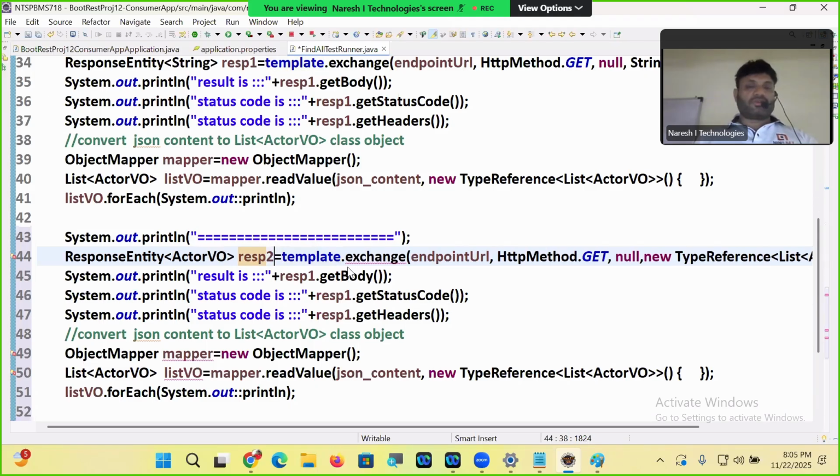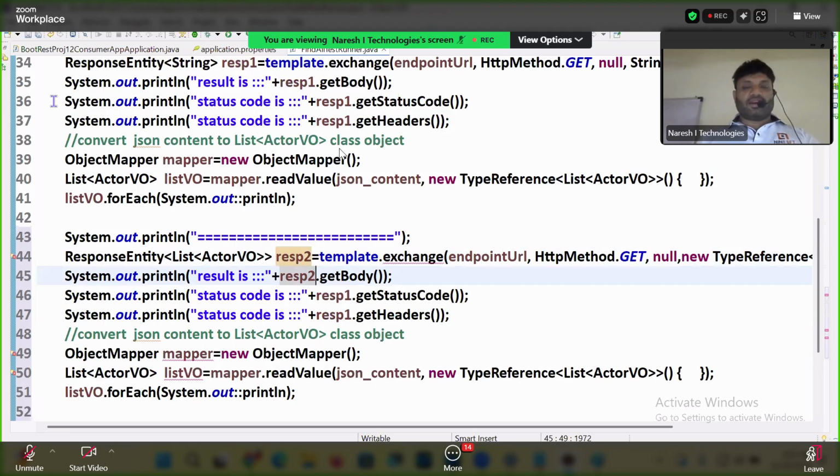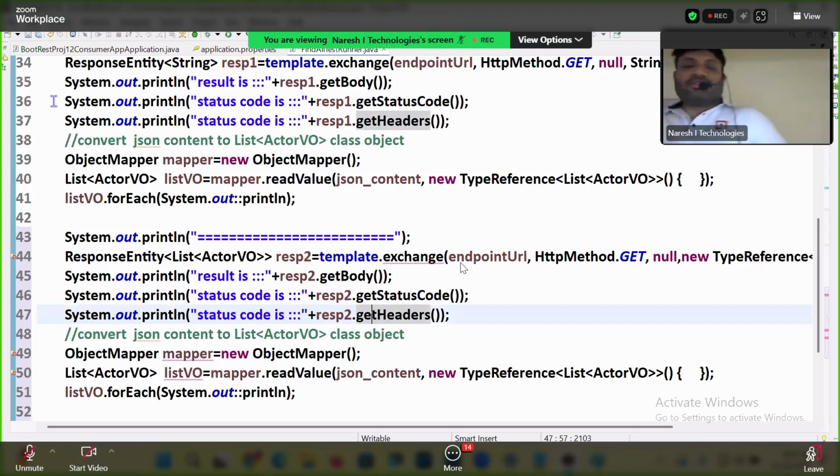Already list ActorView. Yes, what you said is right. List Actor. Response to dot getBody. Response to dot getStatus. Response to dot getHeaders. But no need of